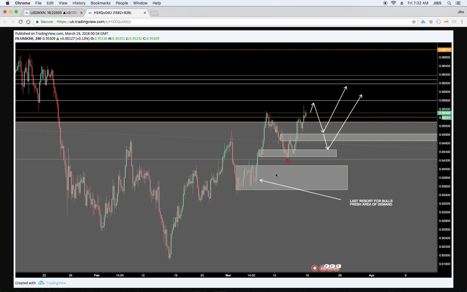As it's an uptrend, there's liquidity here, this low, and this low too, and then there's a fresh area of demand. This will be the last resort for bulls, a fresh area of demand, literally right there. So if price was to seek liquidity after taking Friday's high, we'd see price decline to find demand. It could be either this block even, but I just said to myself,